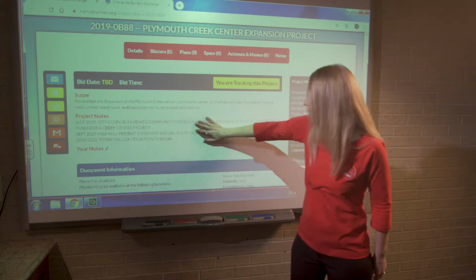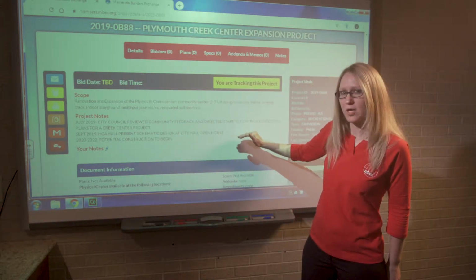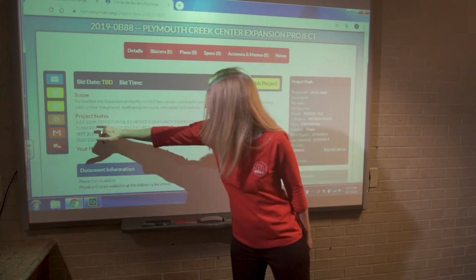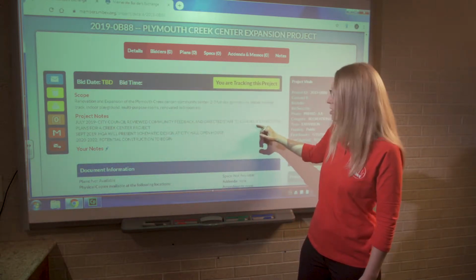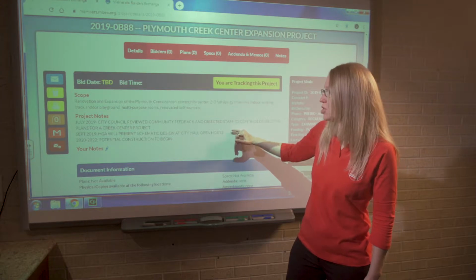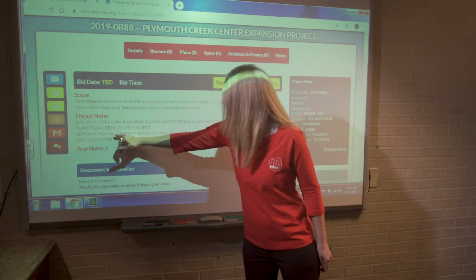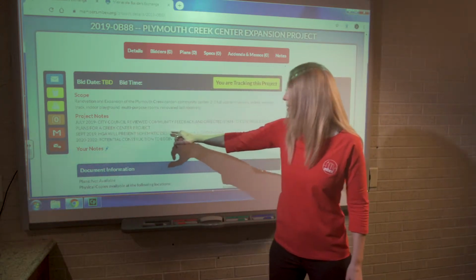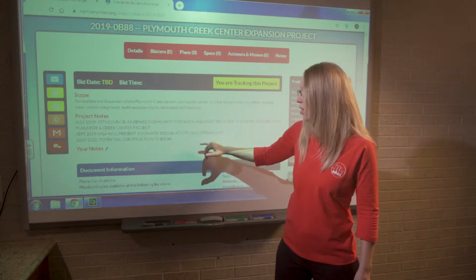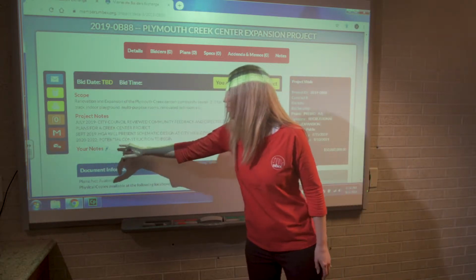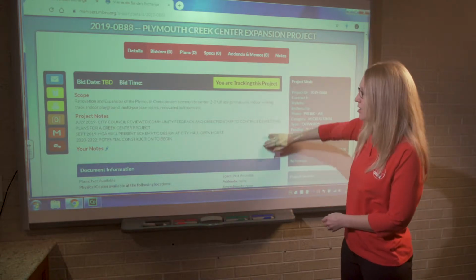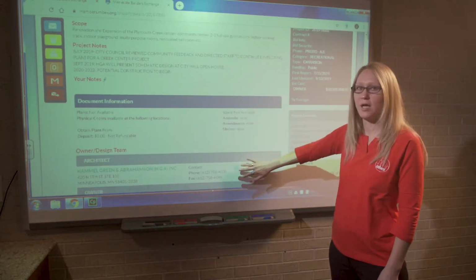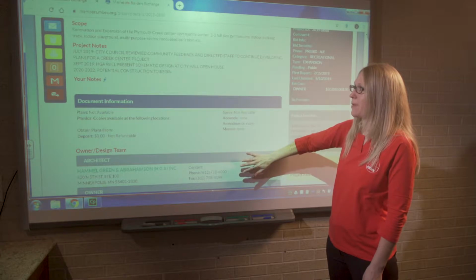The notes is going to reveal what's going on with the project during that planning phase. Back in July, the City Council reviewed the feedback from the community and are going to continue developing this project. September 2019, the architect's going to present the schematic design at the City Hall, and then potential construction anywhere between 2020 and 2022. So by contacting the architect or engineer at an appropriate time, there may be a manufacturer's rep member